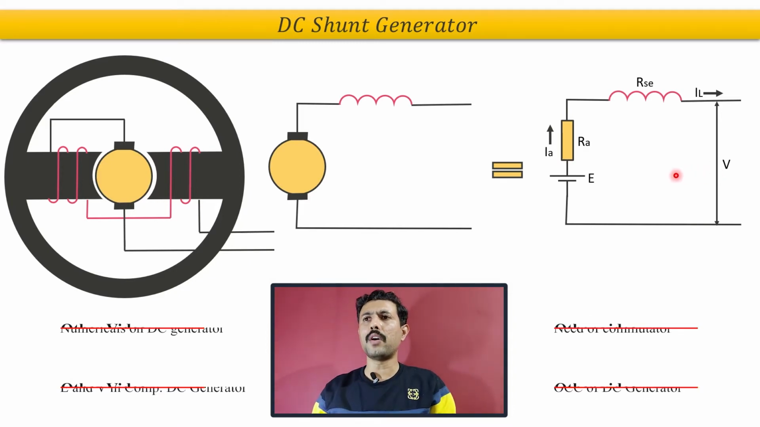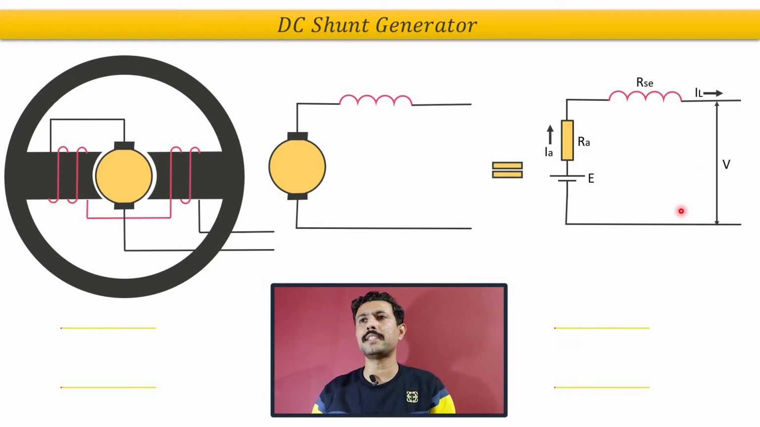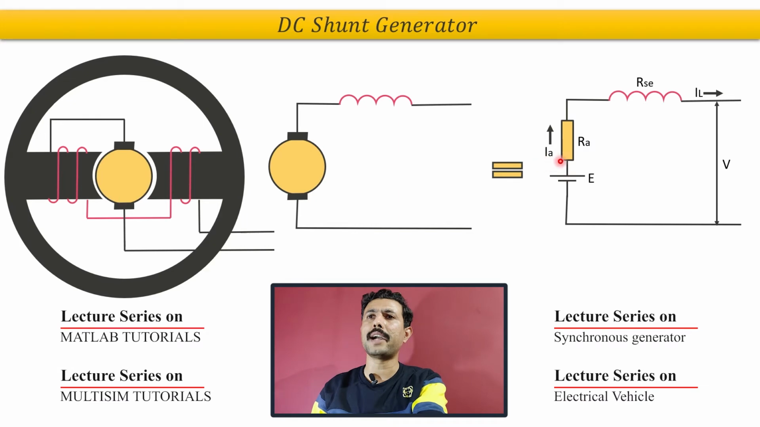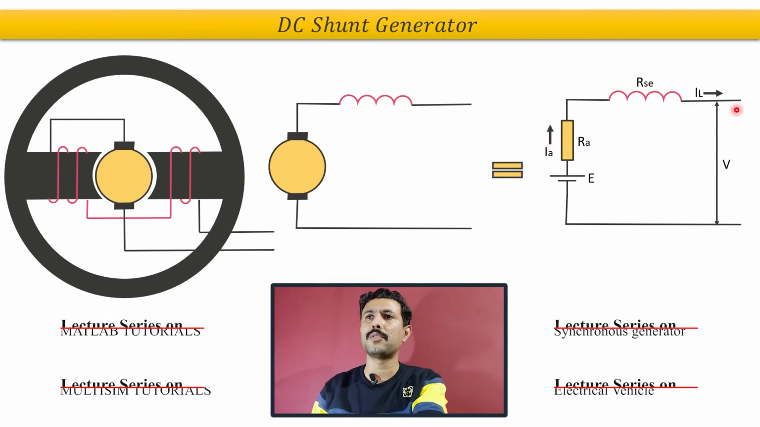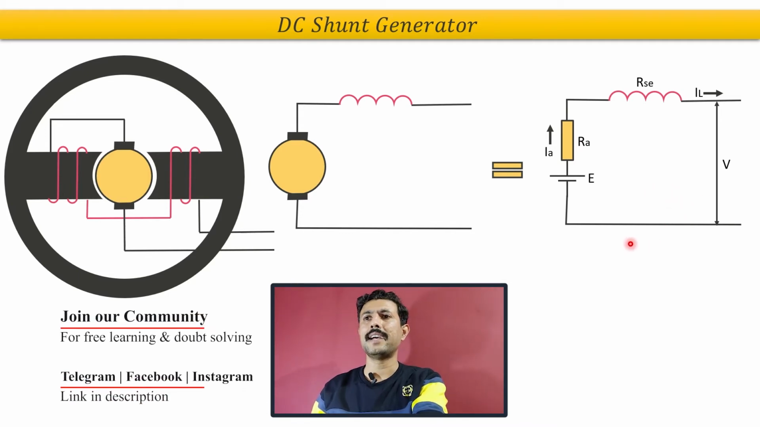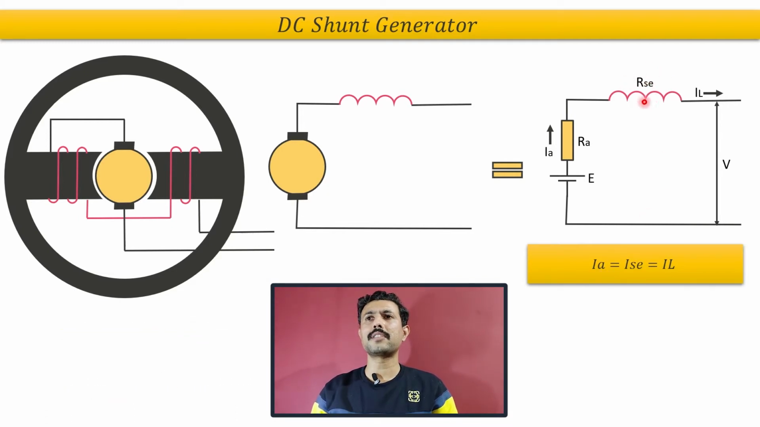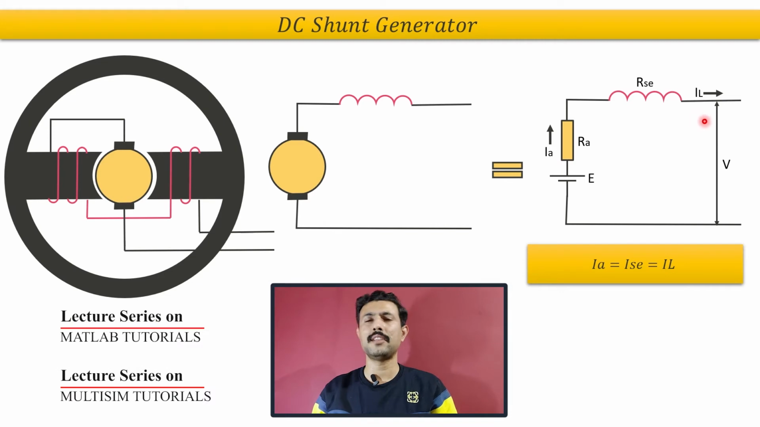Now what do we want? We want to establish the relation between E and terminal voltage V. To do this, first of all, we need to find the armature current and the load current. From this diagram, it is easy to write that the armature current, which you can also call the series field current or the load current,